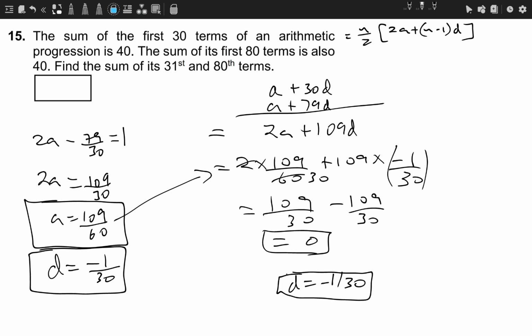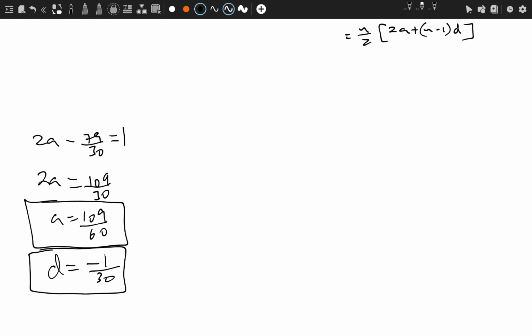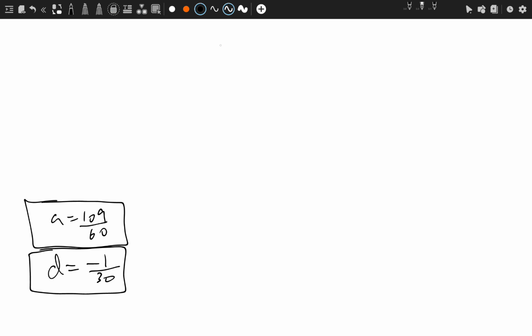You can also do this question by applying the simple concept that if the sum of the first p terms of a geometric